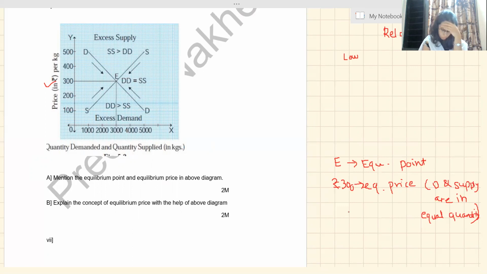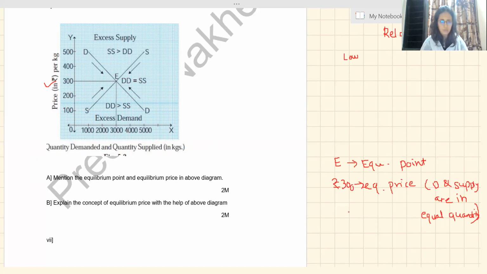So they don't expect writing everything. What we will do, we will write that the interaction of demand and supply determines the price of a commodity. This is known as equilibrium price. And page number 48, second point. See, second point: when price rises to 300, quantity demanded and quantity supplied become equal. This is the stage of equilibrium where demand and supply become equal. Hence, 300 becomes the equilibrium price. So you will write about that second point.